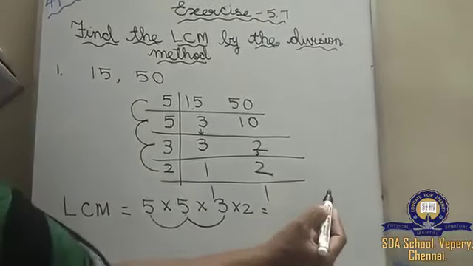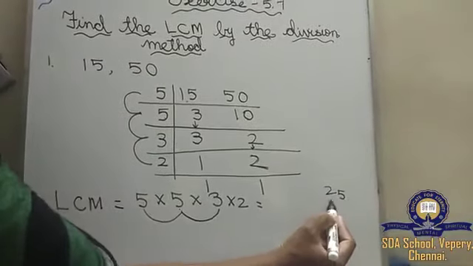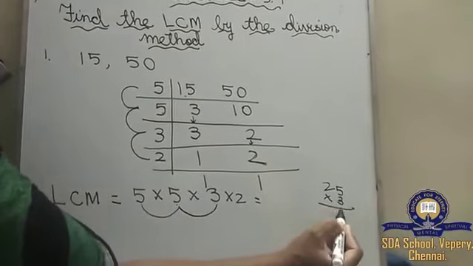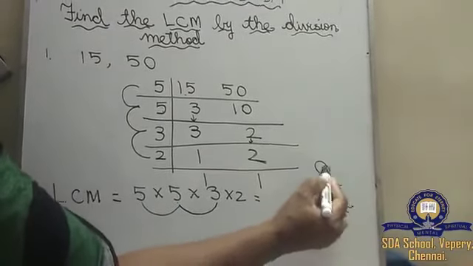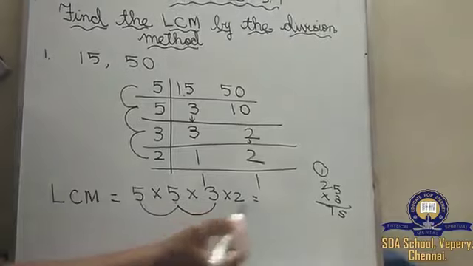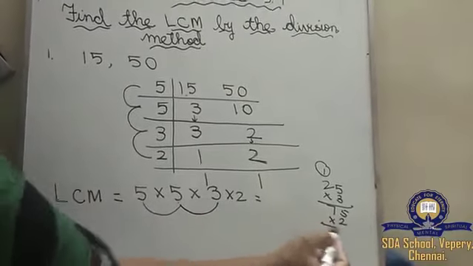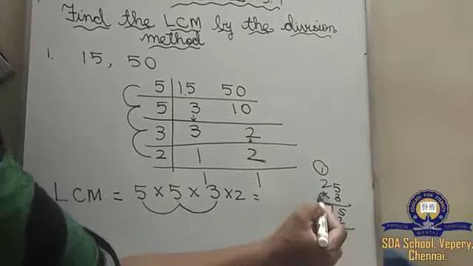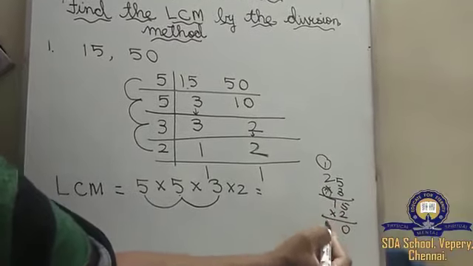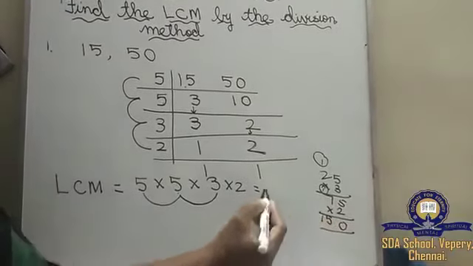See, if you feel it is hard, you can put it like this. 25 3s are how much, children? 3 5s are 15. 3 2s are 6. 75. Now 75 into 2, what will come? 2 5s are 10. 2 7s are 14. 14 plus 1, 15. So what's the answer?